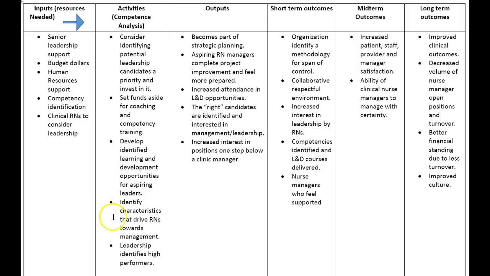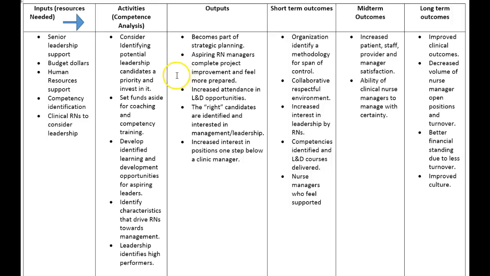How do we identify the characteristics of these RNs who are interested in management, that have a drive to become a manager, and that will be high performers? So a set of activities that need to happen to be able to produce these outputs of these things become part of strategic planning, and that